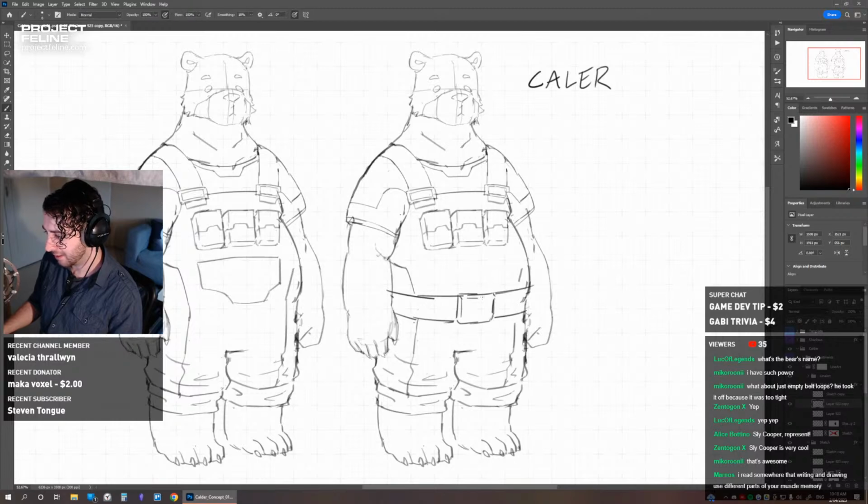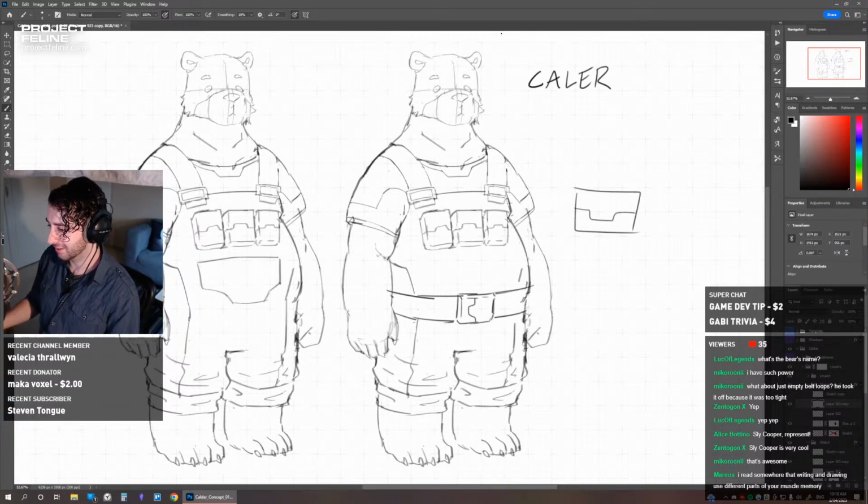But I want him to have a nice futuristic shape. That's the key. If you want to make something look sci-fi, you just put that in it. There you go.